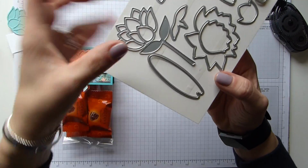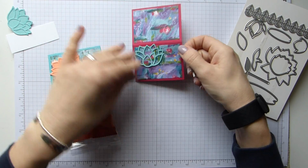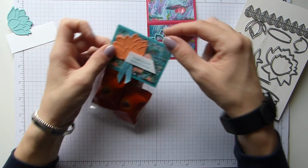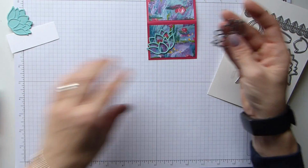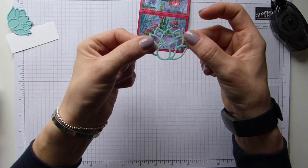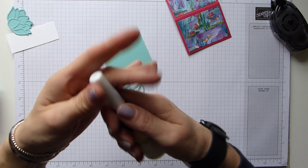So I used this one here to die cut my flower, but I felt it got a little bit lost on the paper because it was a bit crazy busy paper, and I wanted the backing on there. So what I did, and this is how I did it, so I'll move those out of the way. So I die cut my flower, I had another piece of cardstock, and then I used my fine tip glue pen,